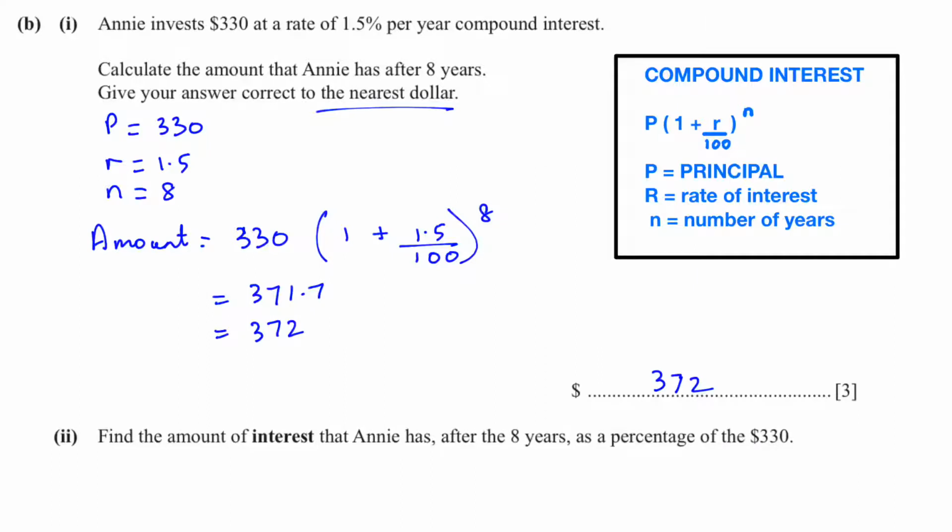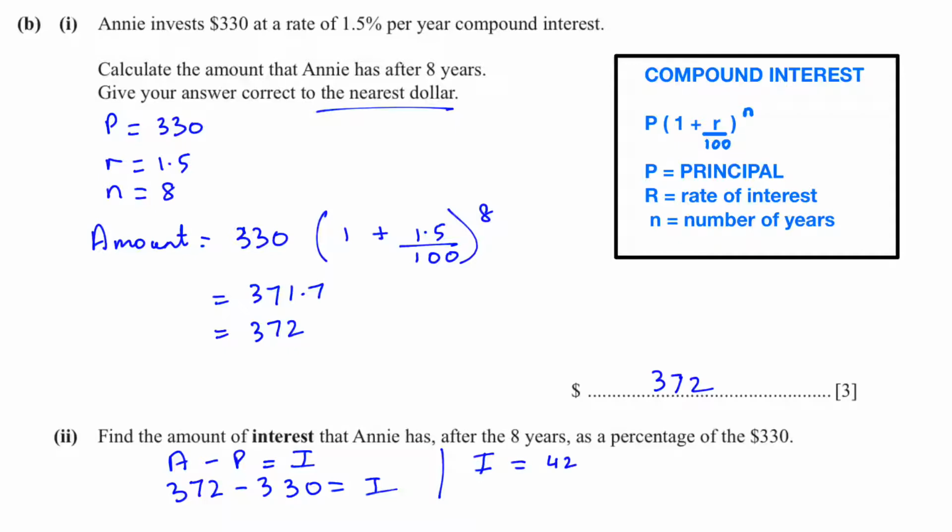Next question. Find the amount of interest that Annie has after the 8 years as a percentage of 330. The answer you found here is the whole amount, not the interest. To find the interest from the amount, you have to subtract the principal. This will give you the interest. What is our amount? 372, and our principal was 330. When you subtract it, you will get your interest, which is